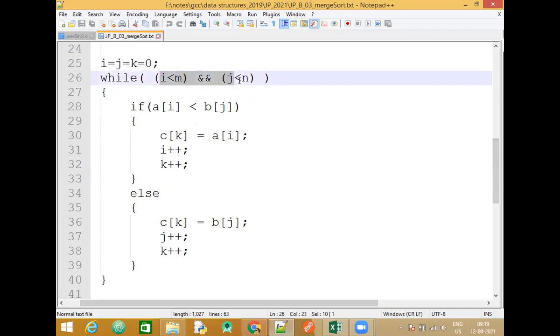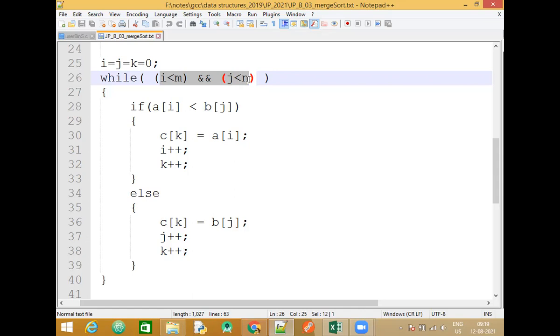In this while loop, since we have two different arrays, what we are checking is whether the index I and the index J are less than the size of the array. Because initially, when I asked you to observe where I and J are pointing, they were pointing at the first index position.